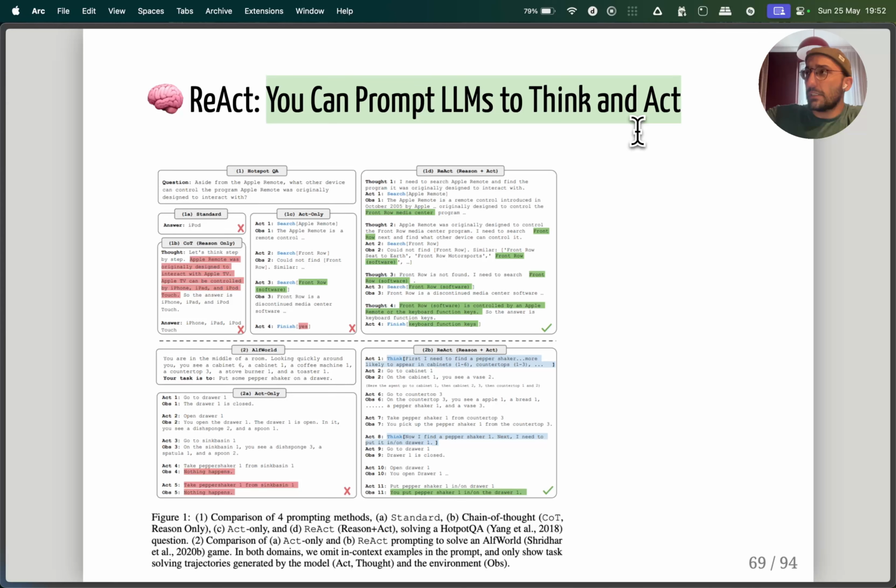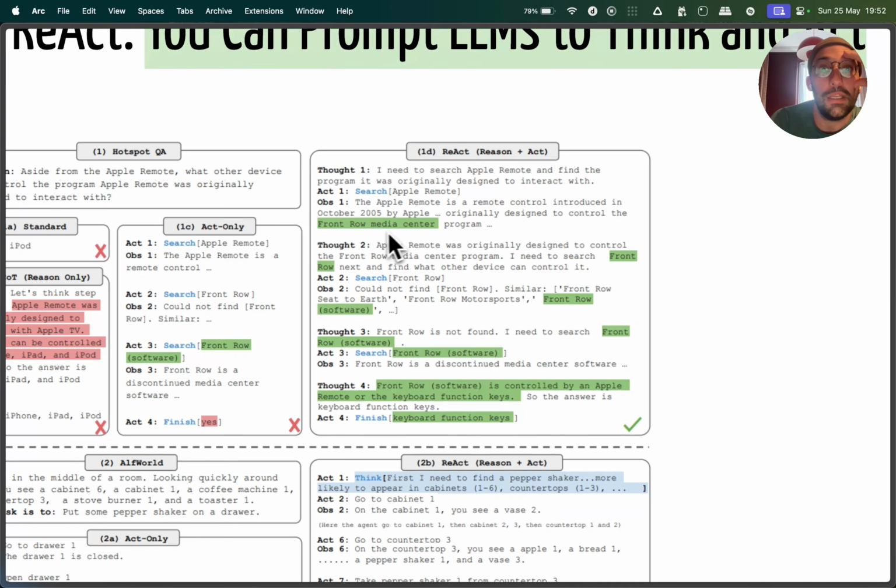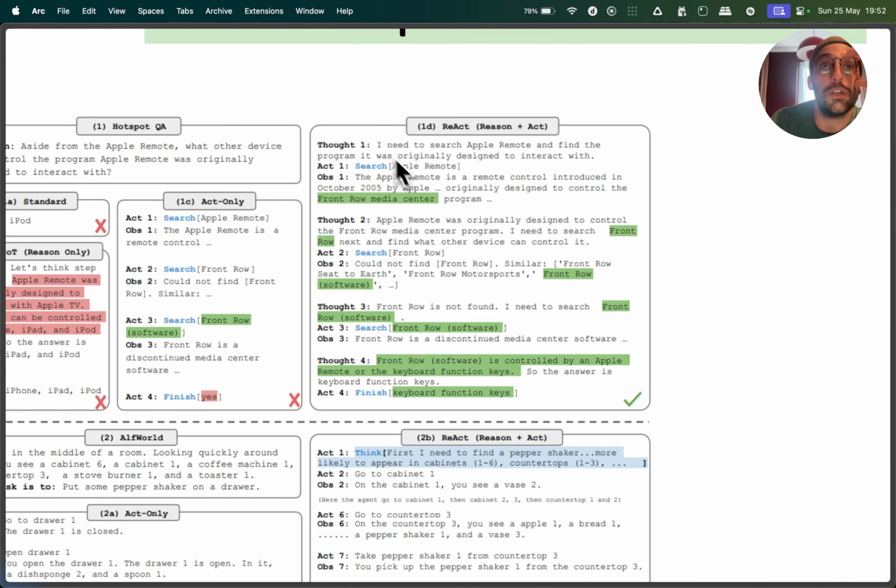You could explain to them, look, the way I want you to output is to think about what you're going to do, and then output the action, and then the action will have an observation, some result. And then we go into this loop until we get the result that we need. As you can see in the ReAct prompting style, the model's output would be, okay, I need to search Apple Remote.